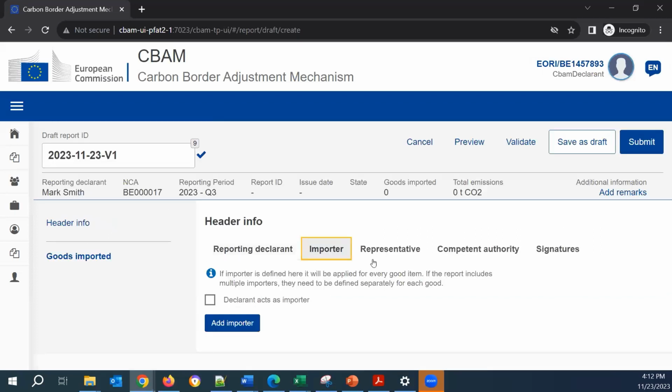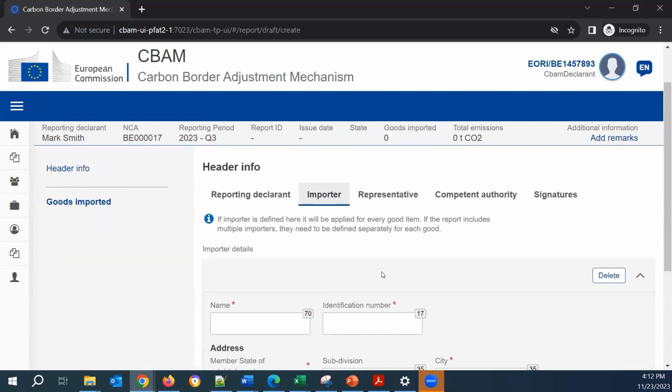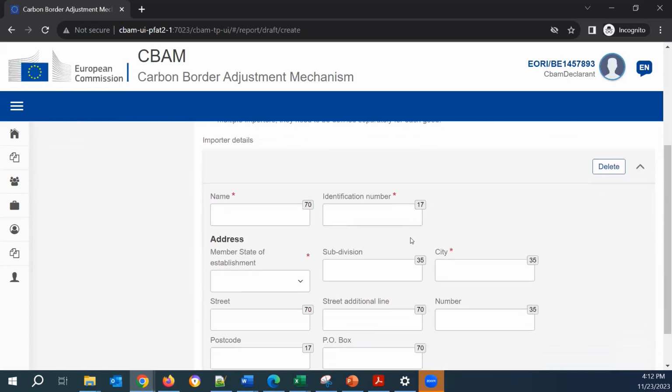There is an importer which is common for all the goods that we will import. And it is not the declarant, because the declarant is a representative. So I will press the add button to add the importer details. My importer is Simon Wilson.